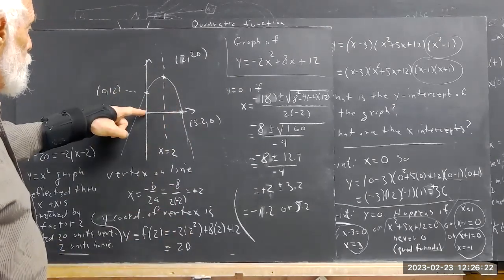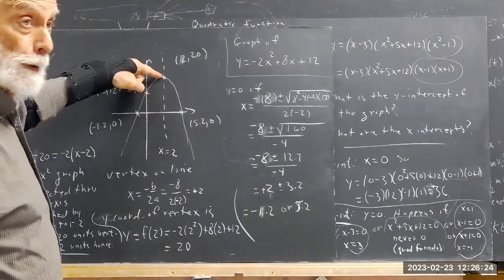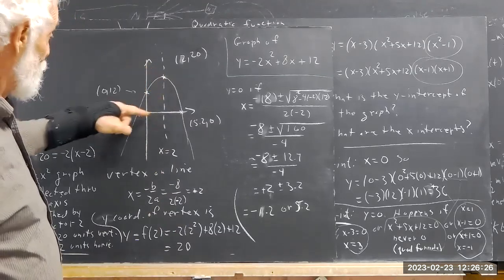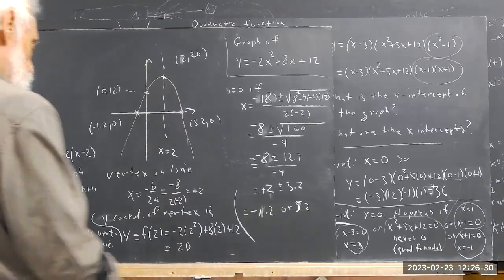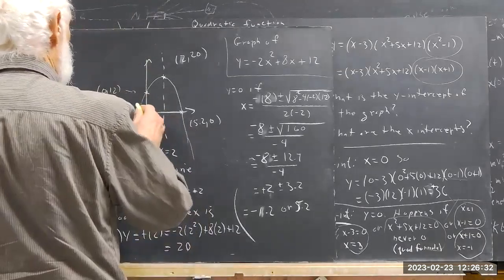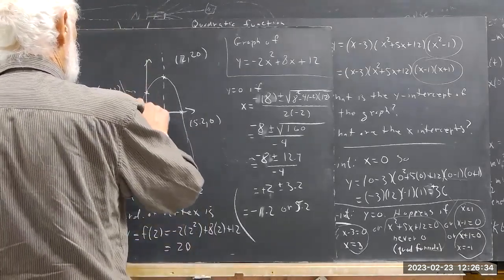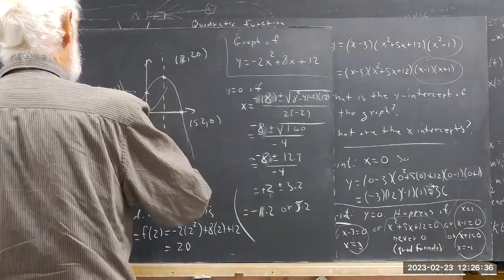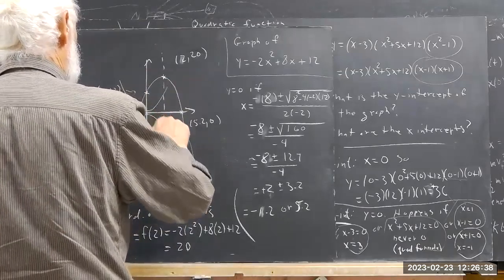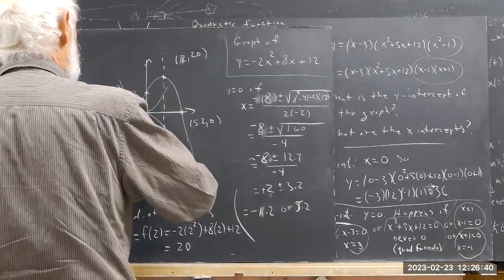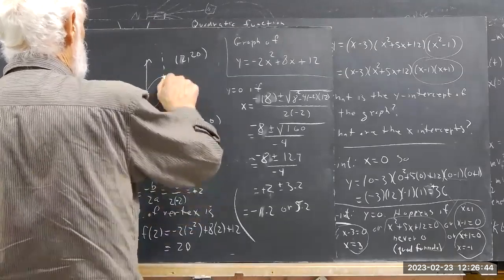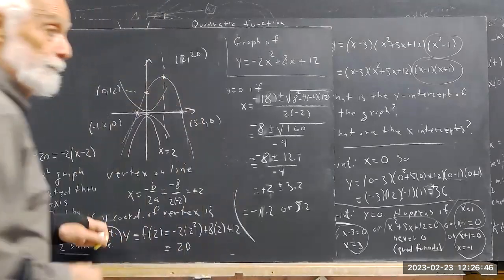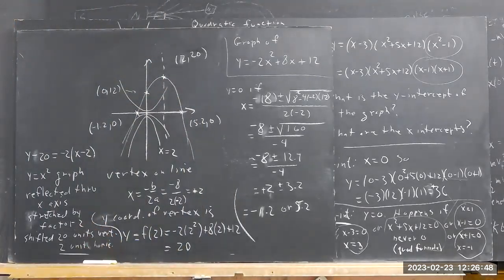And then you just shift it over 2 units and up 20. You flip it upside down, you stretch it, then you move it over here and move it up here. There's your graph. You'll read more about it